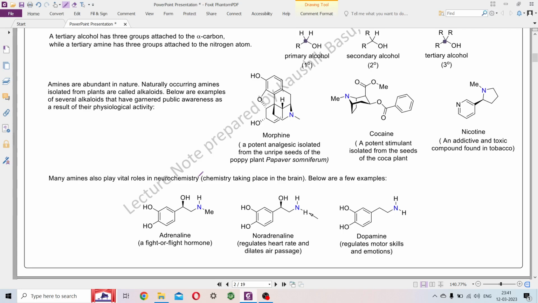That is a regulator of heart rate, and it also dilates, প্রসারিত করে air passage কে. This one here is dopamine, very similar looking to noradrenaline, just only this OH group is missing. Now this dopamine is something which controls your emotions and your motor skills. So these are a few examples of amines that are playing a very critical role inside your brain, inside everybody's brain actually. এগুলোর কম বেশি ইত্যাদি হলে নানা রকম ইমব্যালেন্স হতে পারে, এবং তার থেকে নানা রকম ফিজিওলজিক্যাল ডিসঅর্ডার বা বিহেভিয়ারাল ডিসঅর্ডার আমরা লক্ষ্য করে থাকি।